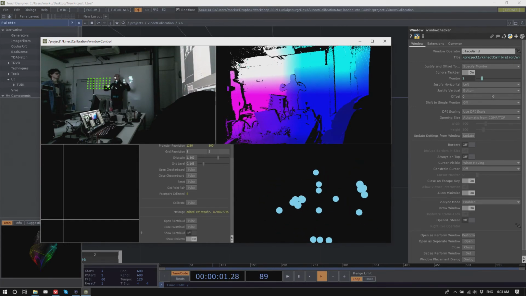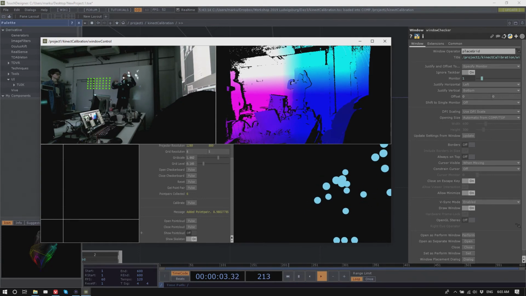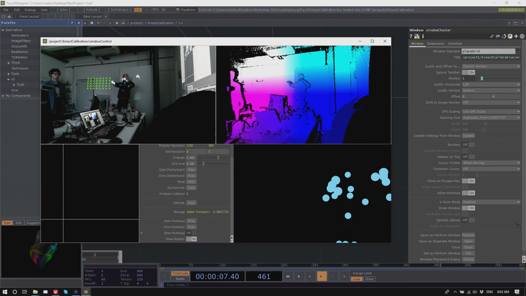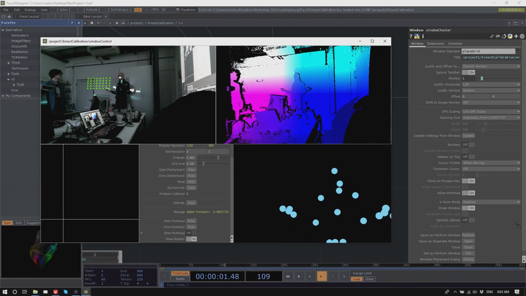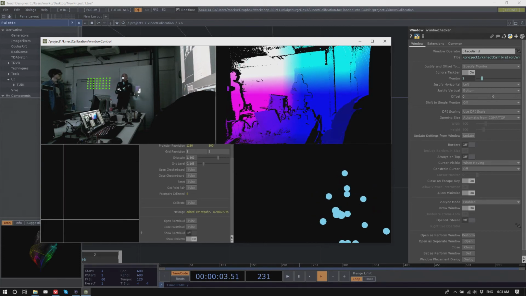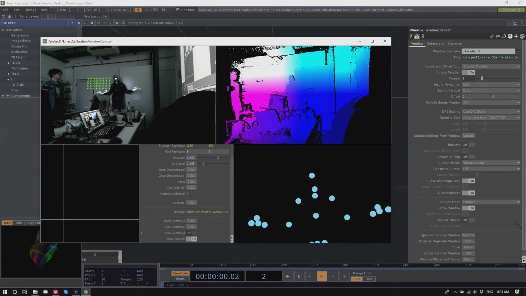So you want to have it set up. What I did on purpose now is that I placed the projector pretty randomly and placed the Kinect pretty randomly. In the real world, you would try to either place them fairly close together or things like that. But it is actually not too bad. Like, it's grabbing my skeleton pretty well.